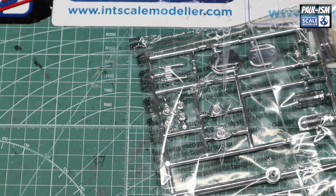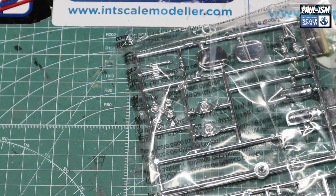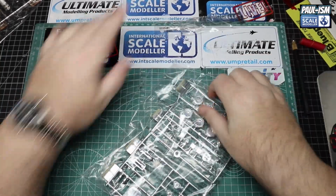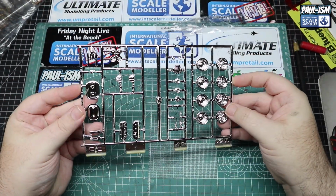So I've got to put some of these parts away, I think. We're going to lose them otherwise. We need to figure out what the hell is going on with all the parts, but we will do that later. So I'm going to zoom back out. So, chrome parts. Now,